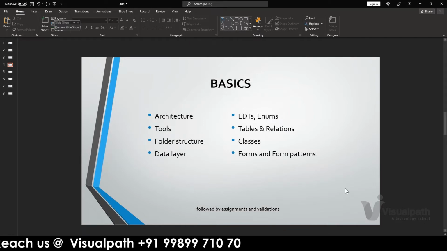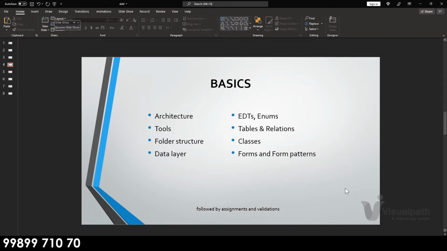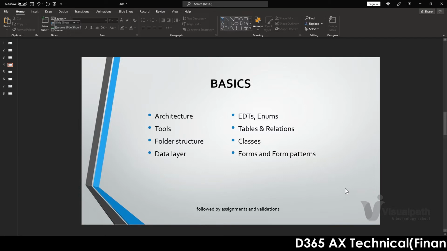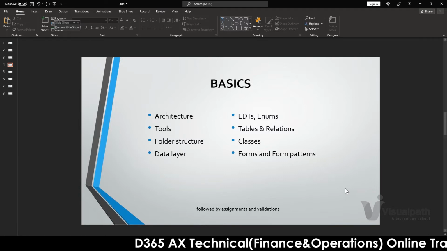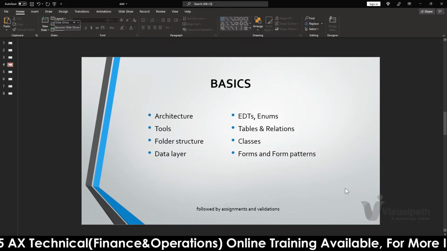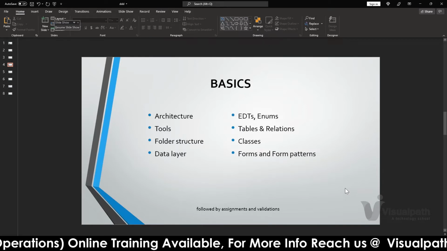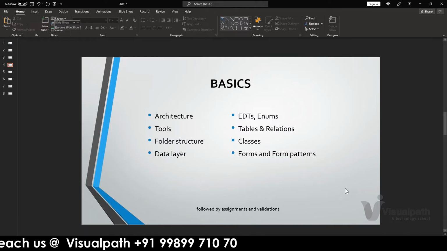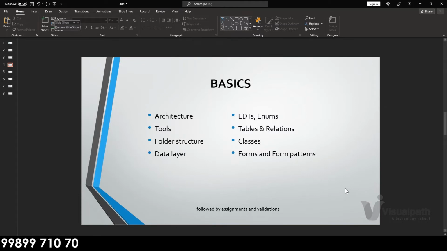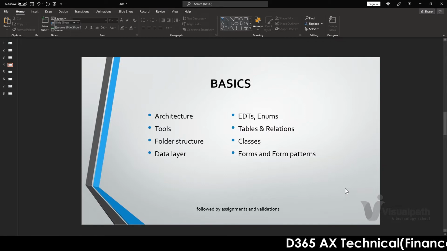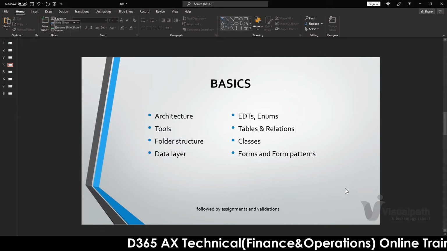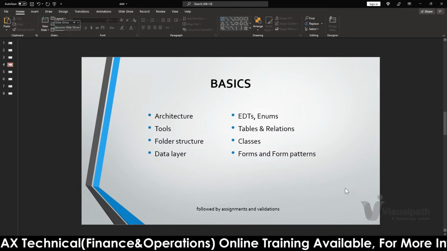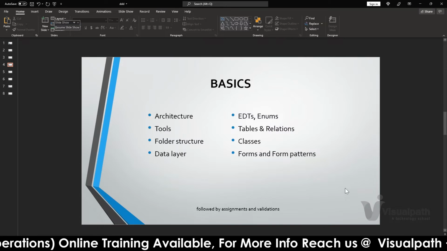Coming to our course, what we will be dealing with across this course is, under the basics, we'll be covering the architecture and the difference between the architectures of the previous version AX 2012 and Dynamics 365 FO, the latest one. What has changed architecturally: it was a 3-tier architecture in the previous version, and now it is a cloud architecture, and how things changed while implementing that.